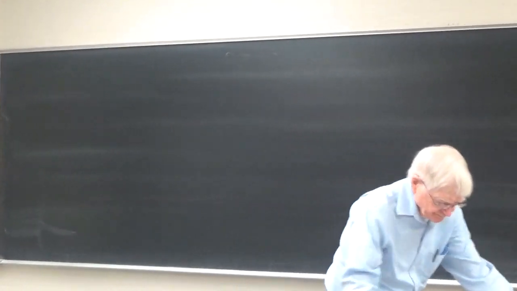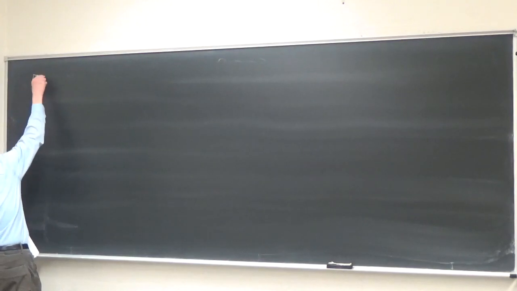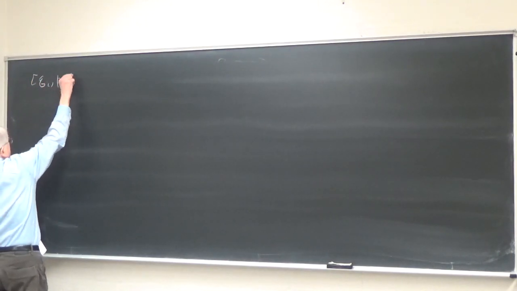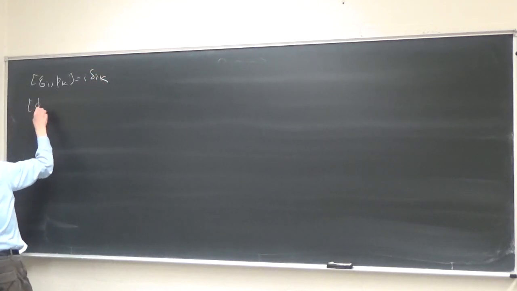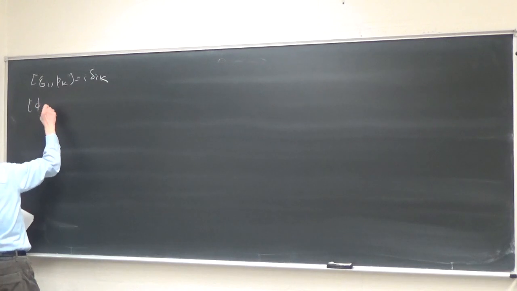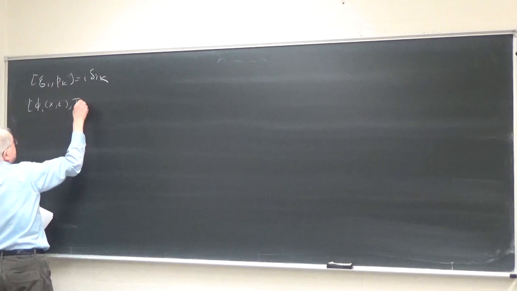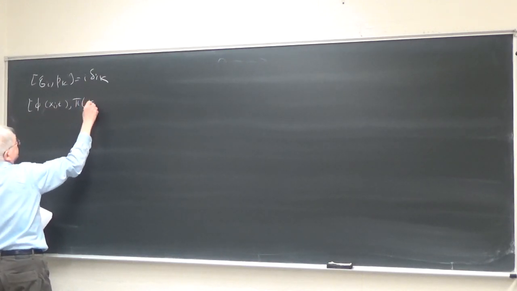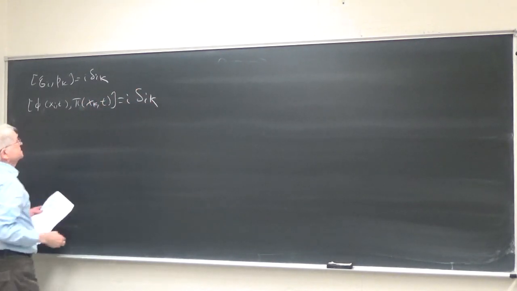Then, as you know, the way you pass from there, you go to phi I. These are equal time commutation relations, so at some x and t, pi of